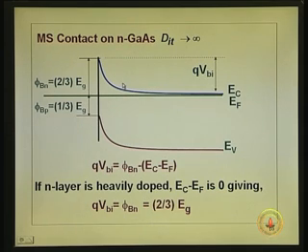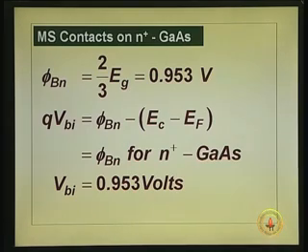Let us see. Once we see that this phi Bn is 2/3 of Eg, we know how much that quantity is: it is 0.953 electron volts for gallium arsenide. That means VBI is actually equal to 0.953 volts, the built-in potential. QVBI is 0.953 electron volts. So, VBI is 0.953 volts. Okay. So, now this,